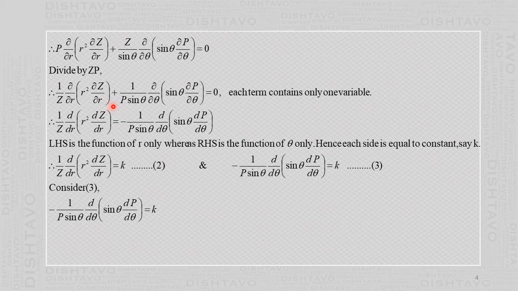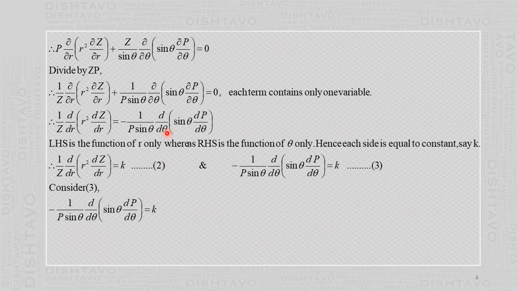And what we do is, we take the second term to the other side, and it becomes minus. Besides that, we have written d instead of dou, because here there is only one variable. So whether you do partial differentiation or ordinary differentiation, it does not make a difference. In the same way, here there is only theta. So whether you differentiate partially with respect to theta or with the ordinary derivative, it makes no difference.